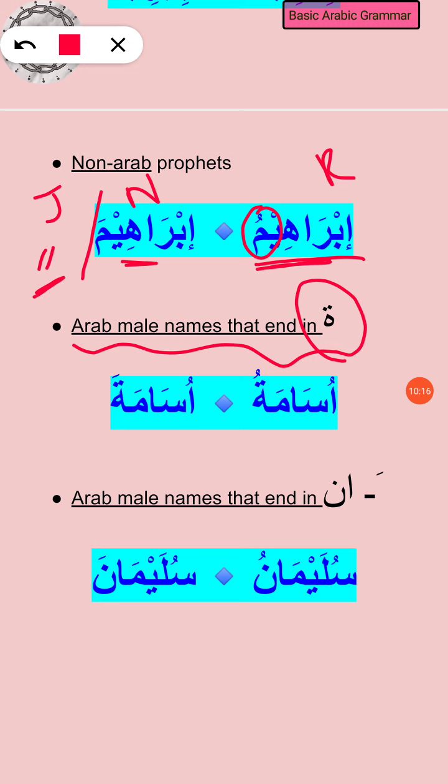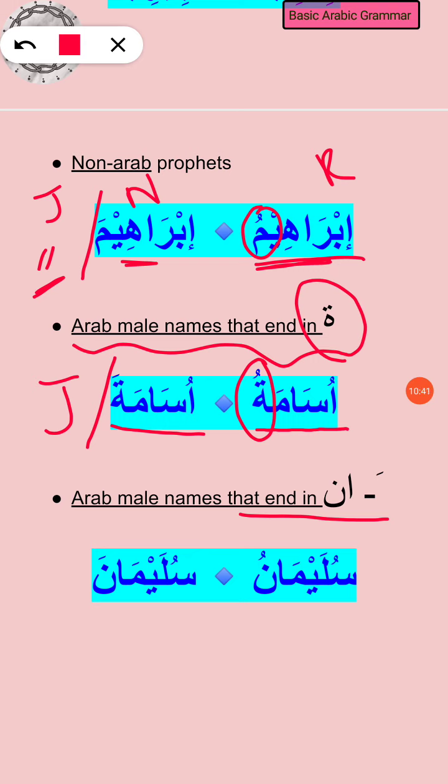So we have an example here. We have Usamatu. Alright, so this tu here gives us the clue that it is Rafa, and then Usamata, again Usamata in jar form. Alright, then next is those Arab male names that end in Ani or Anu, actually, because